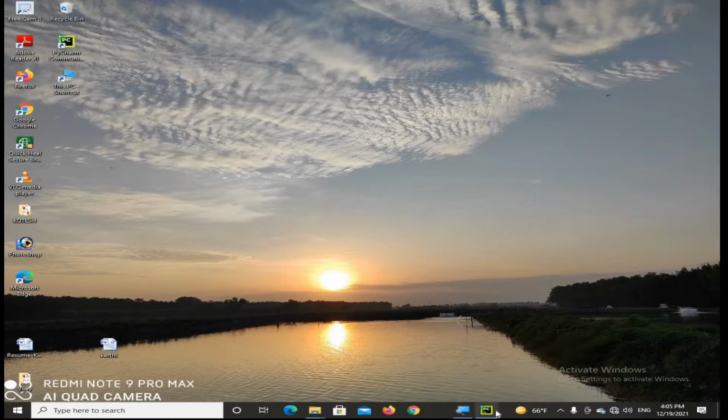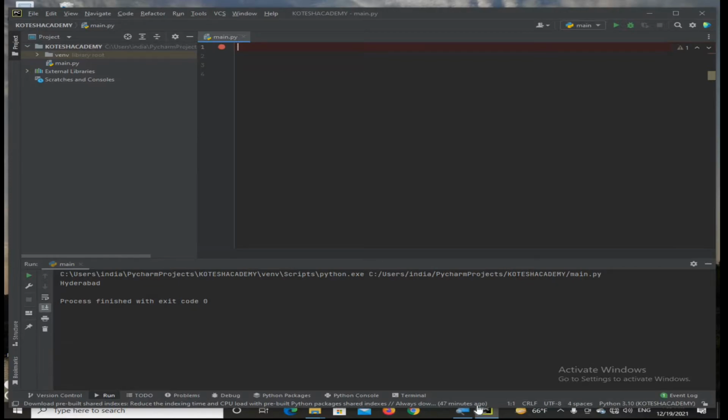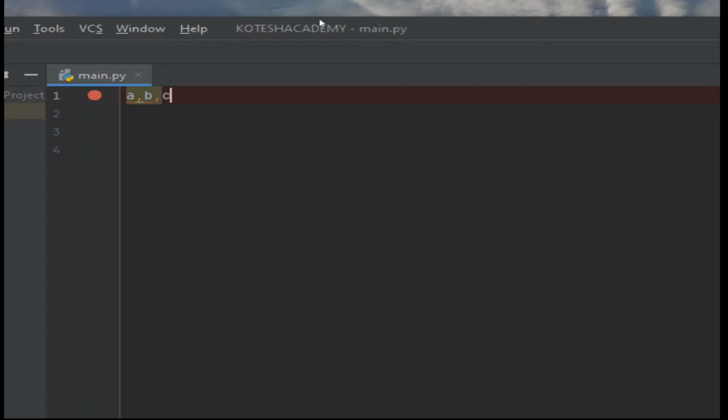Okay, let us implement Python variables assign multiple values. Simply, we are taking the values here: A, B, C. There are 3 variables on the left side, so we are considering 3 items. I am taking Hyderabad, separated by a comma, then Chennai, and Delhi. In single quotation you are considering this Delhi.